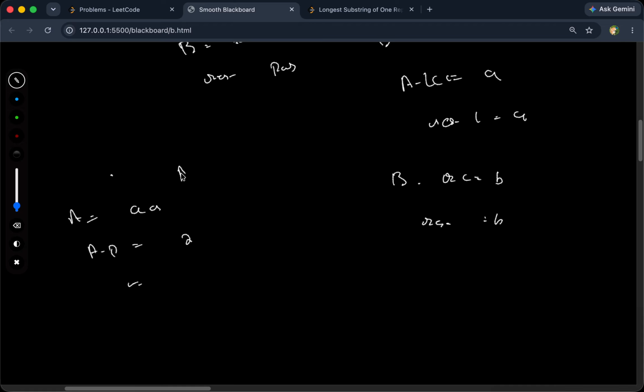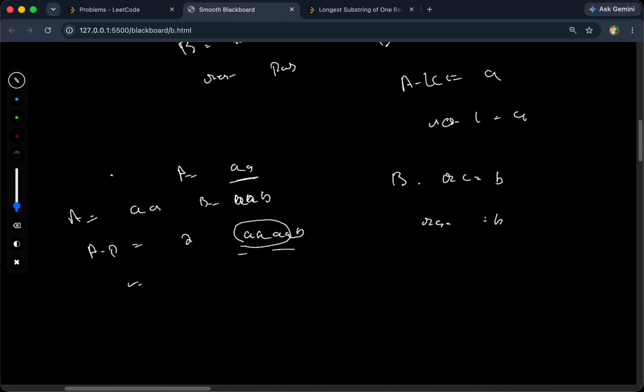See, a is equal to a and b is equal to b, a b. Together a b, the prefix becomes 4. So the prefix is 4. Why did it extend? Because a is completely made of a and b starts with a,